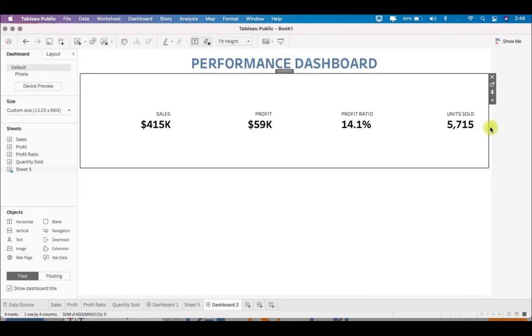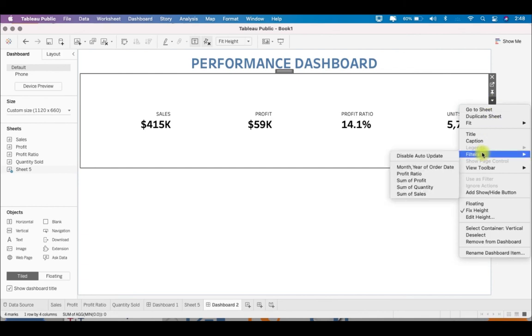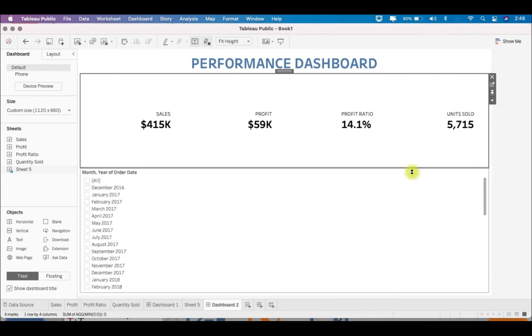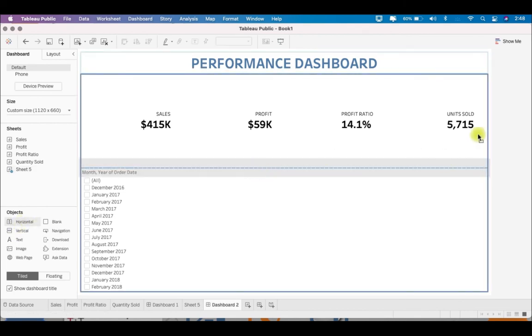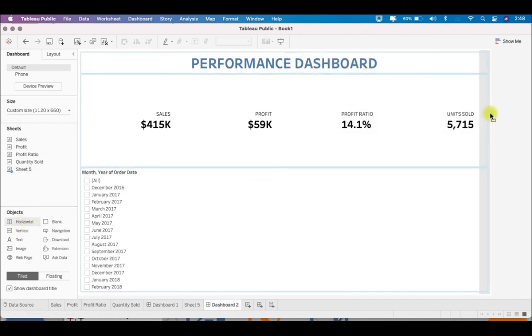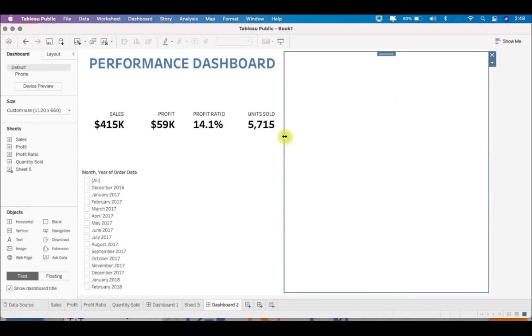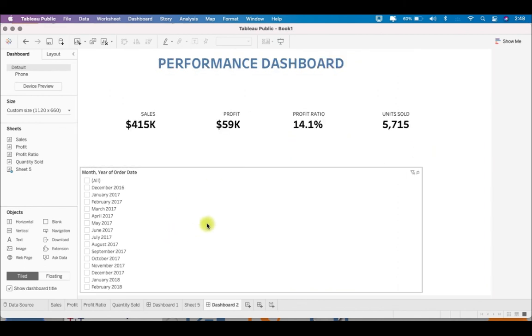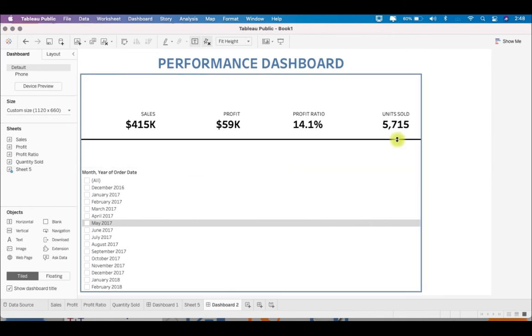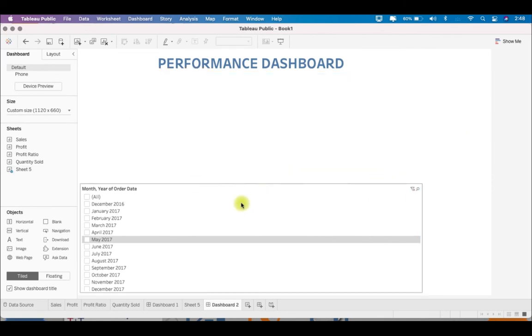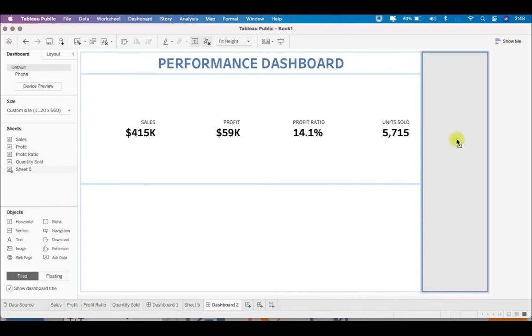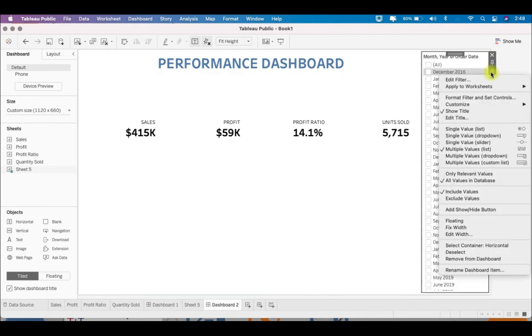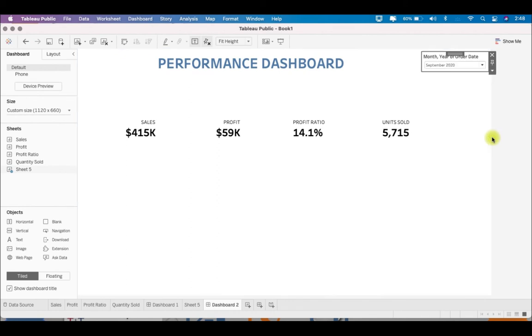And if you want to add the filter also, we can add that month year over here, and let's say add one container over here. Okay, then just decrease the size and drag this filter onto this container, and then again you can select this single value drop down.